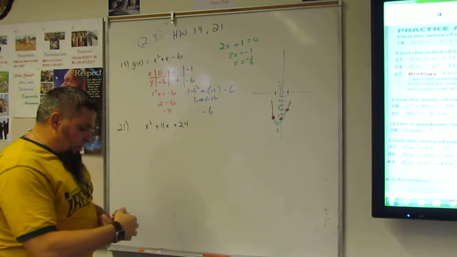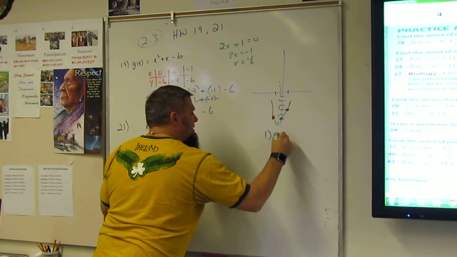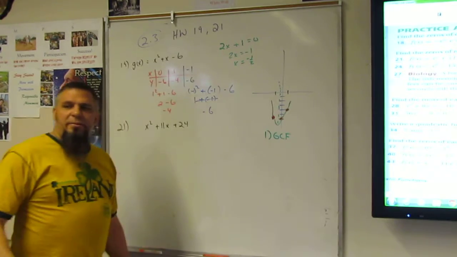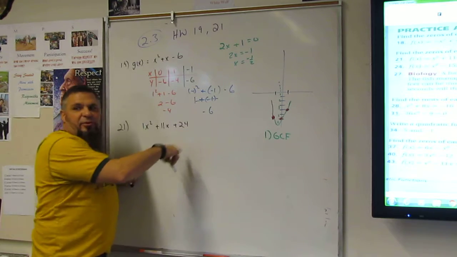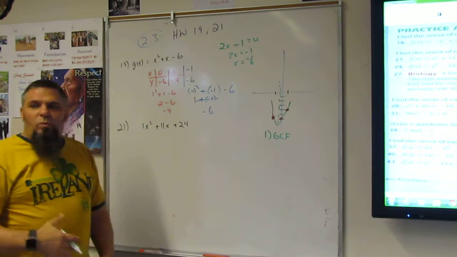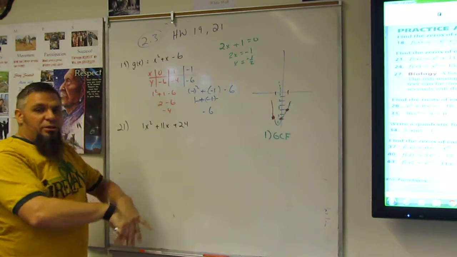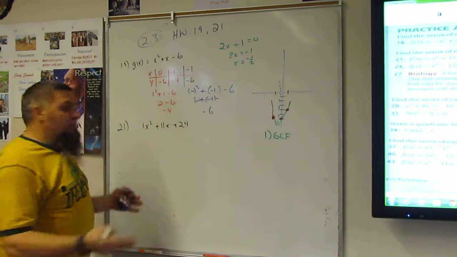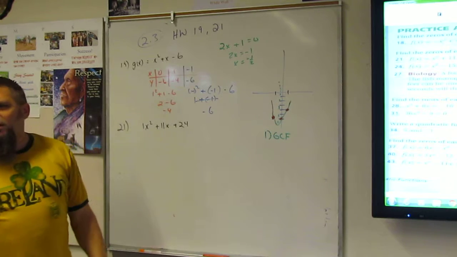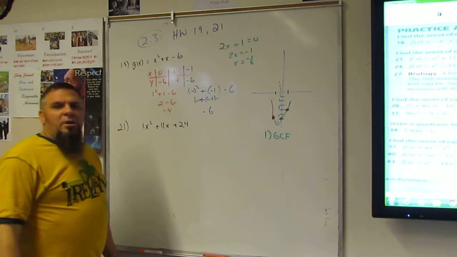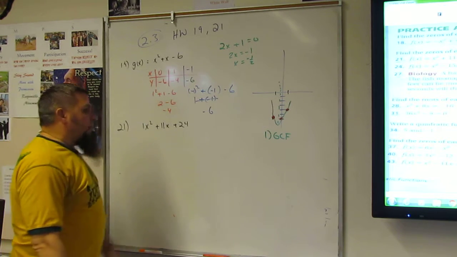Okay? So we'll start with the 5-step method, and the first step is GCF. And that means the greatest common factor. And so I'm going to look here and I'm going to see a 1 and an 11 and a 24, right? So and there's not an x in every single one, right? So there's no greatest common factor. The only number that goes into 1, 11, and 24 is 1, and that's not a factor, right? So it is a factor, but it's not one that we're worried about, right? So that means the GCF is done,